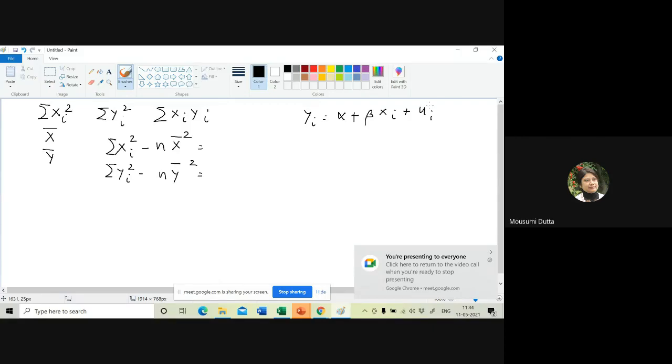So you don't need to write it, the usual assumptions we are considering: expectation of ui is equal to 0 and variance of ui is equal to sigma square, a constant. Then the information: a sample of 20 observations corresponding to the regression model. Given this regression, we have the following data. Summation y is equal to 21.9. Summation x